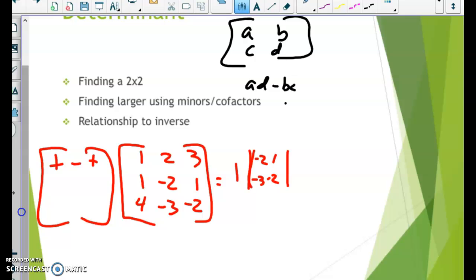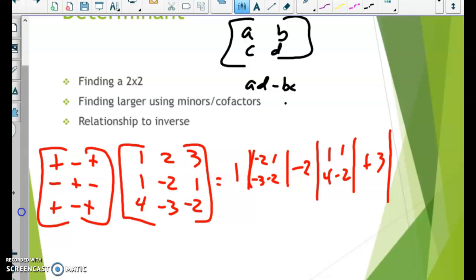Now remember, it goes plus, minus, plus, minus, plus, minus, plus, minus, plus. So I have to have a minus 2 here, and then 1, 1, 4, negative 2, plus 3 times the quantity 1, negative 2, 4. And that's how I would find the determinant using a cofactor expansion, using the minor. And so then, just to continue, I guess, I would go 4, negative 2 times negative 2, minus negative 3, minus 2 times the quantity of